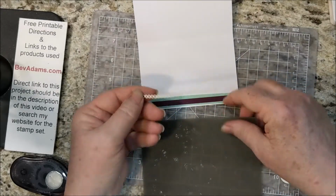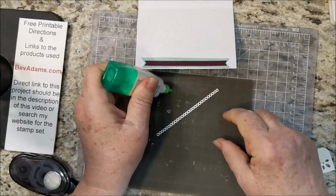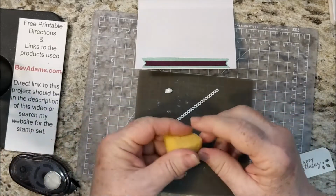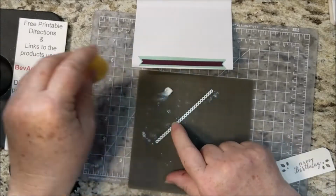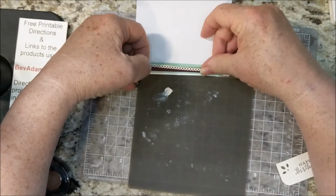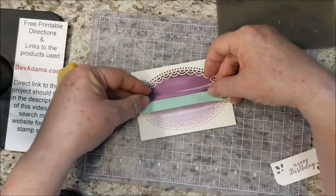And then I just want to bring a little vanilla to the inside of the card, so I've got a strip from that border edge. I think the easiest way to adhere this is to put some liquid glue on your silicone mat and a bit of the sponge, and just sponge, especially on the ends. That down the middle. I think I want to trim off just one of those circles. Nice. Then on the front, I want to put some adhesive down the middle, another Mint Macaron strip,